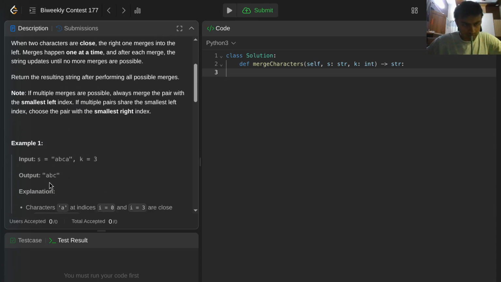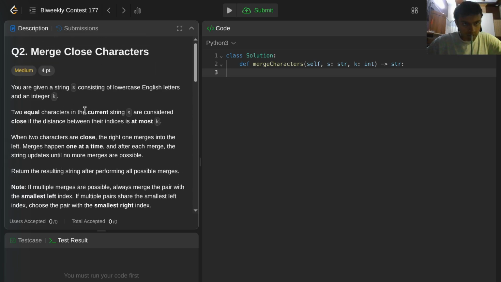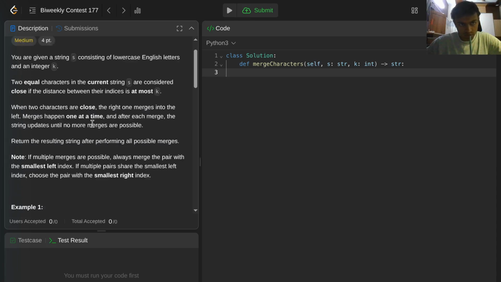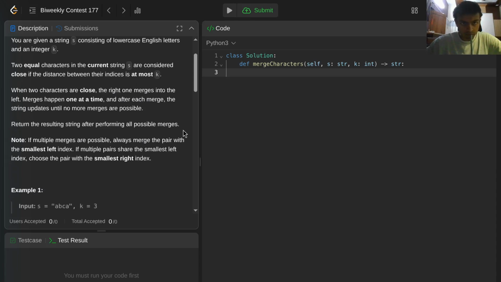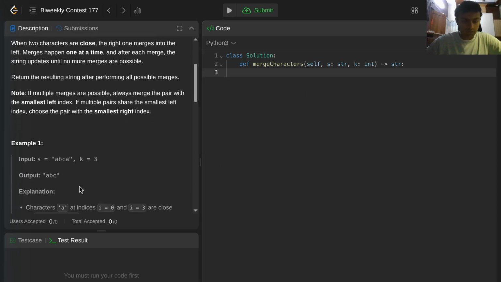Okay, wait. So a, b, c, a. Two equal characters in the current string are considered to be close. Okay, fine. Return the result string after performing all the possible merges. If there are multiple ones, always merge the pair with the smallest left index. Okay, so this seems like a stack problem, right? So the previous is equal to